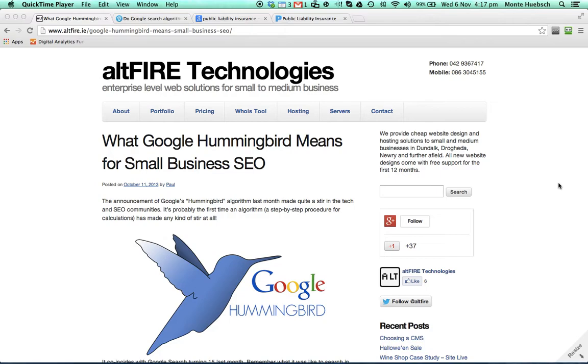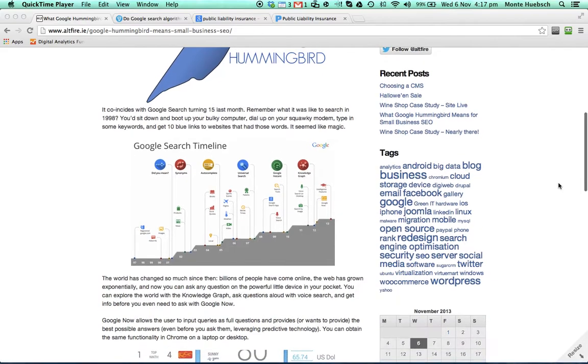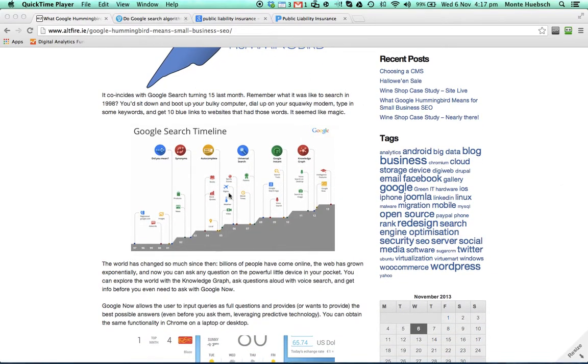Now, the first thing to understand is that Hummingbird is actually a complete redo and change of the total Google algorithm. Unlike Penguin and Panda that were just filter updates, removing duplicate content, websites, and backlinks, Hummingbird is actually the whole algorithm being rebuilt. And if we come down here, and this URL is available for you, we can actually